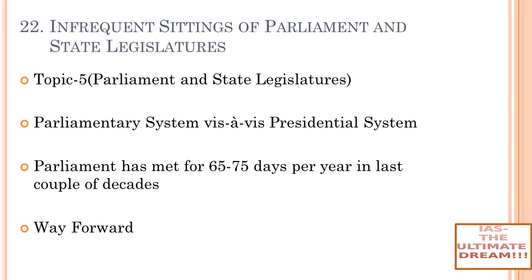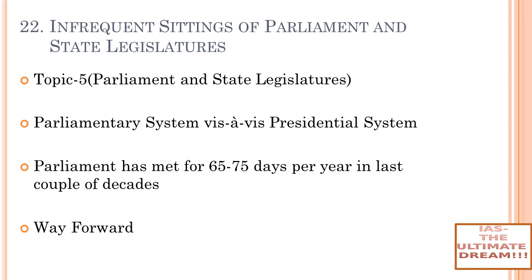So parliamentary system provides a higher level of responsibility. Now let's try to understand parliamentary system vis-a-vis presidential system. Some people argue that parliamentary system is better, but we will see there are certain assumptions regarding it, right? So parliamentary system provides a higher level of responsibility as compared to presidential system on government through daily assessment by members in the form of questions, resolutions, no confidence motion, adjournment motions, and debates on addresses. But this whole argument presupposes frequent sittings of Parliament,